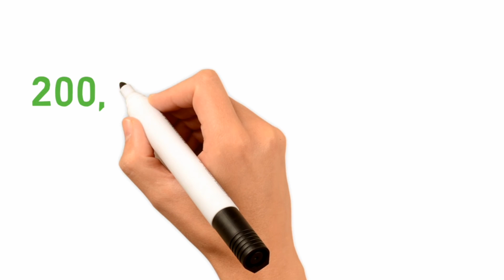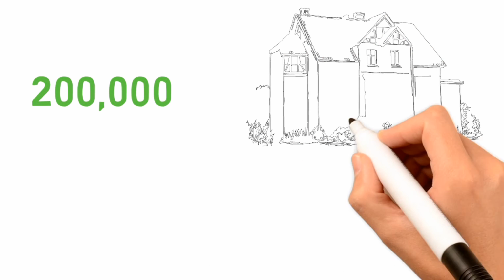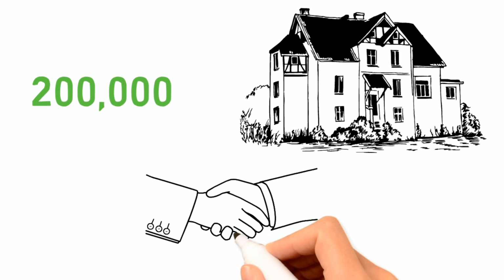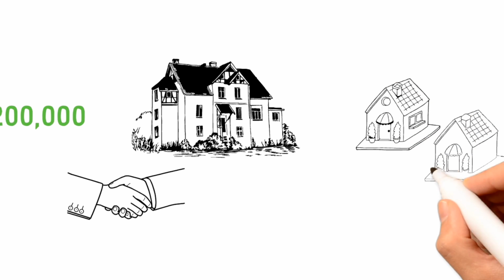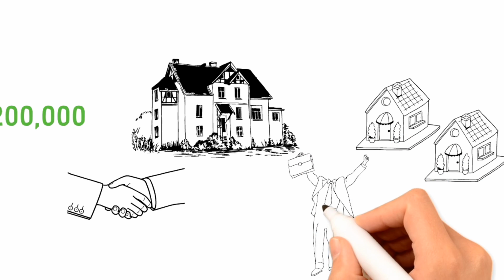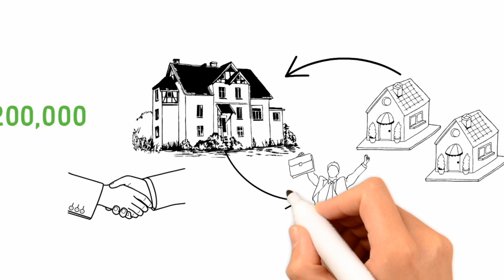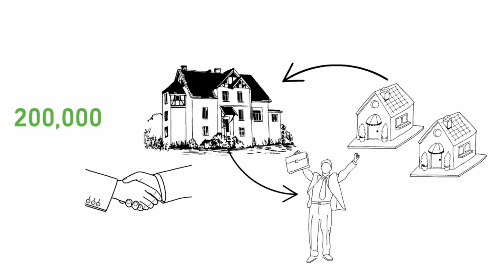If you had $200,000 to buy the house of your dreams, it is very likely that you would buy it. On the other hand, a person with the mentality of rich people would buy 2 apartments for $100,000, would rent them, and with the money generated by those assets would pay the mortgage on the house of your dreams.